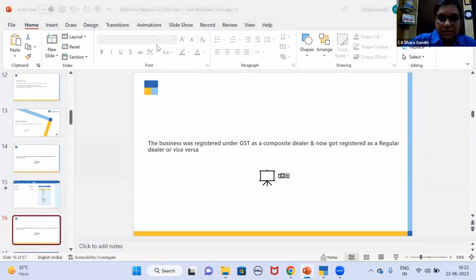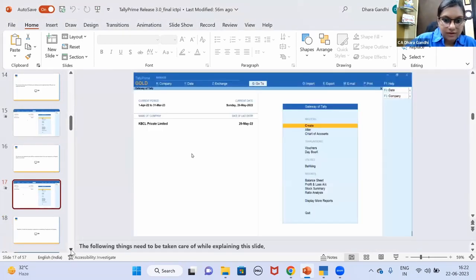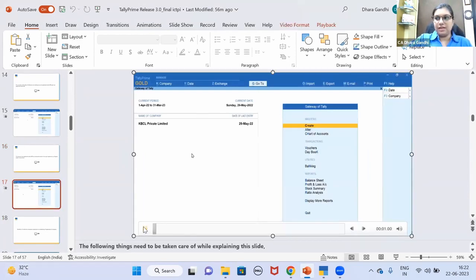Okay, now this is the simple thing Tally 3.0 has got for us. We see how to